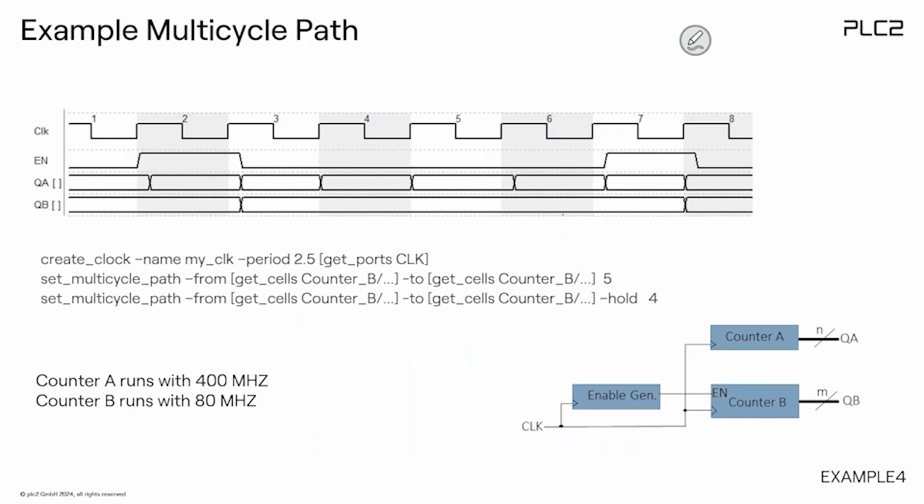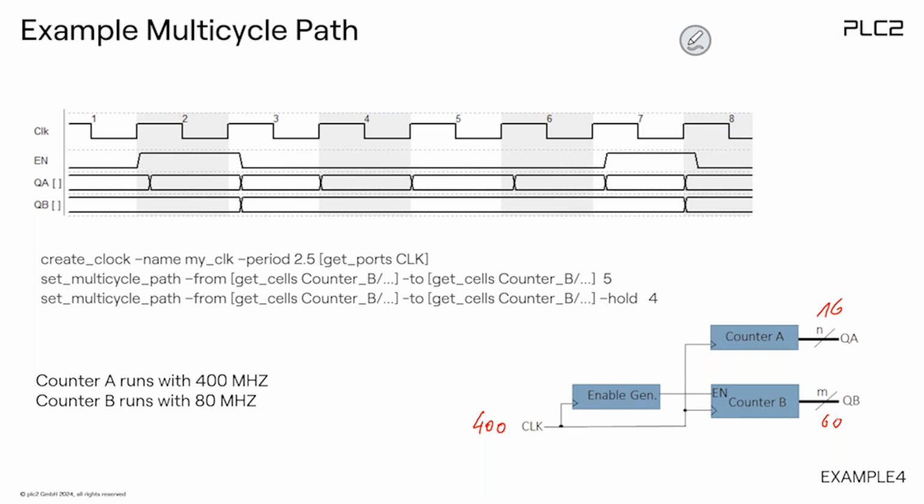Very simple one, example 4. Again, I have a counter, and I have here 400 megahertz. And I have counter A. Counter A is 16-bit, and counter A, 16-bit, is able to run with 400 megahertz. It's not a problem. But my counter B is 60-bit. So it's a big counter. So the counter B will not run